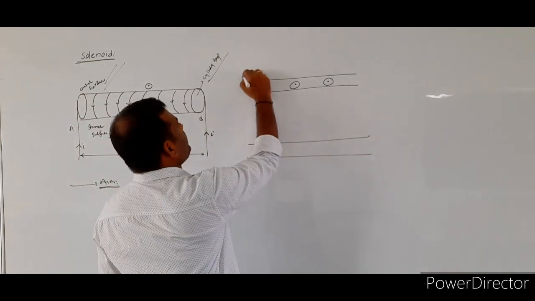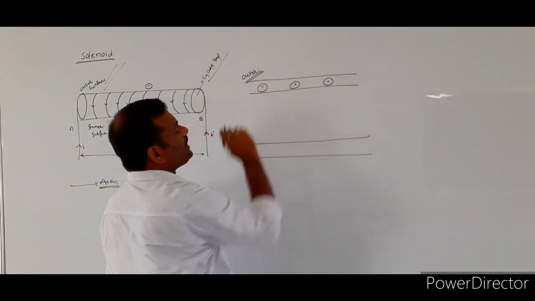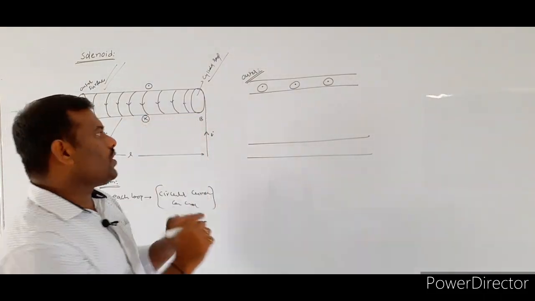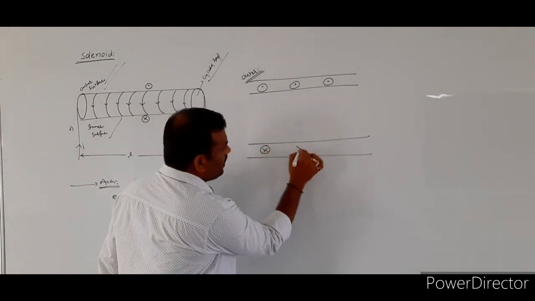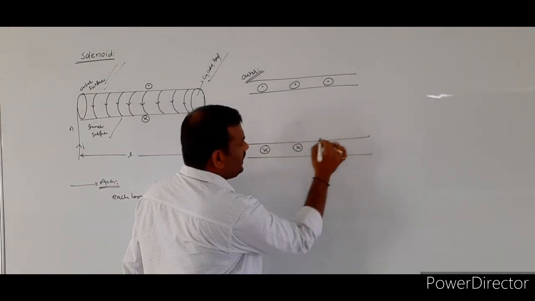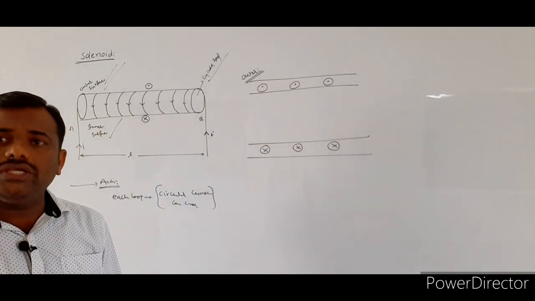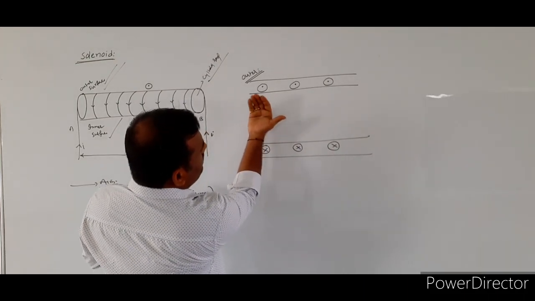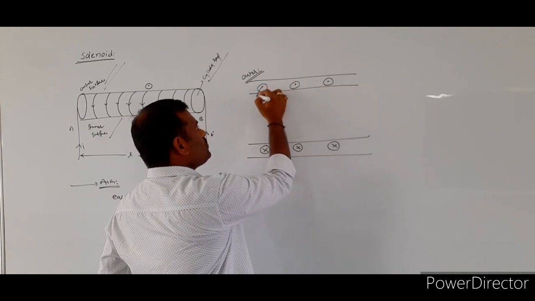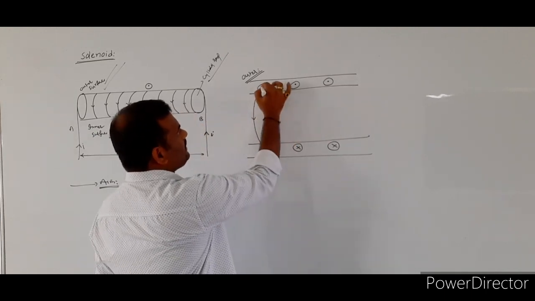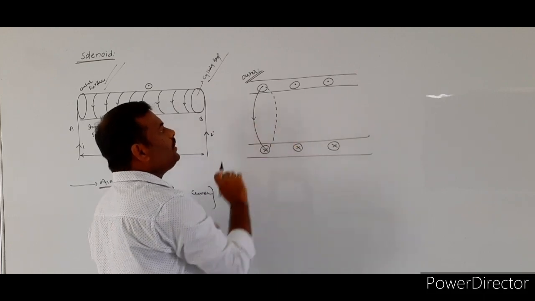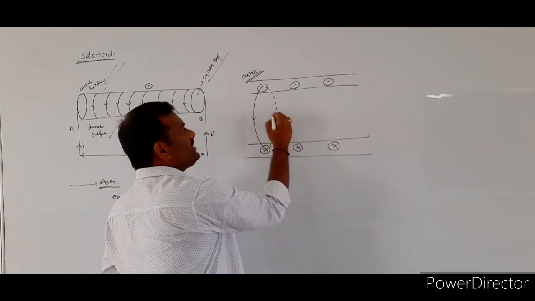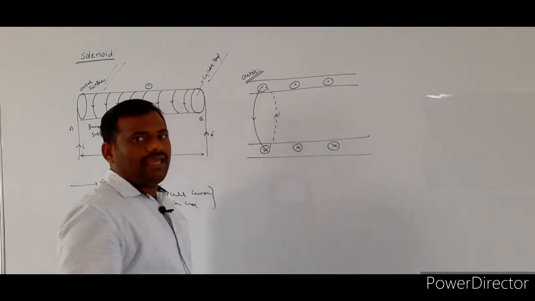When you consider the top surface of the solenoid, and at the bottom surface of the solenoid, the directions of the currents are acting into the plane of the paper, and so here the direction of the current will be in this direction. The direction of the current will be what? In this direction, so that the direction of the current for that given loop I indicated like this. So if this current will be in this direction, and here the direction of the current will be like this.